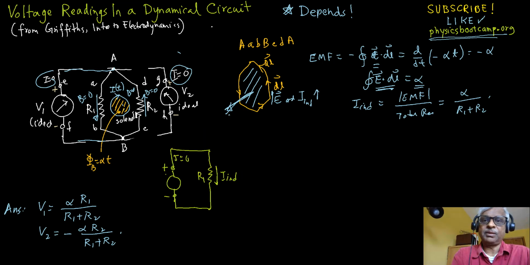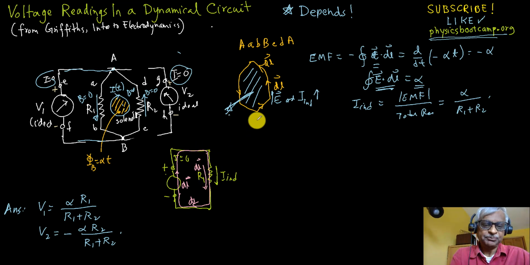So if I go in this loop, let's see, if you go from here to there, say this is going to be dl, I go like that for dl. So this is dl here, and dl is that way here. Okay, so I'm going to go from E to A to B and back to F. So if I do this out,